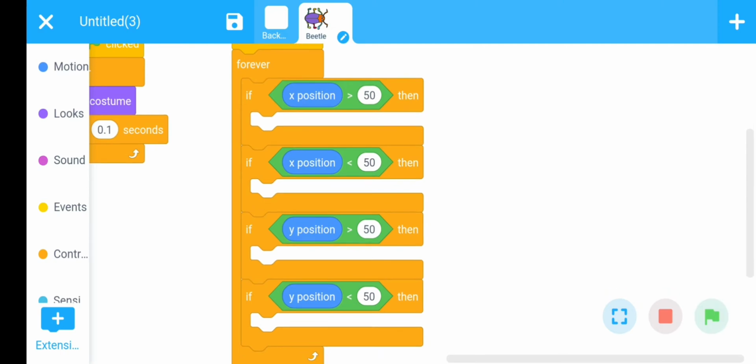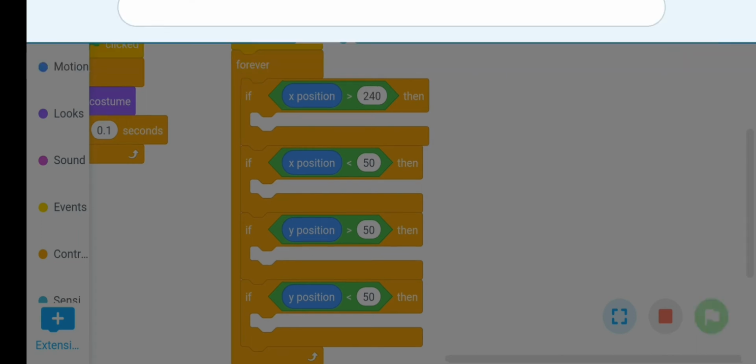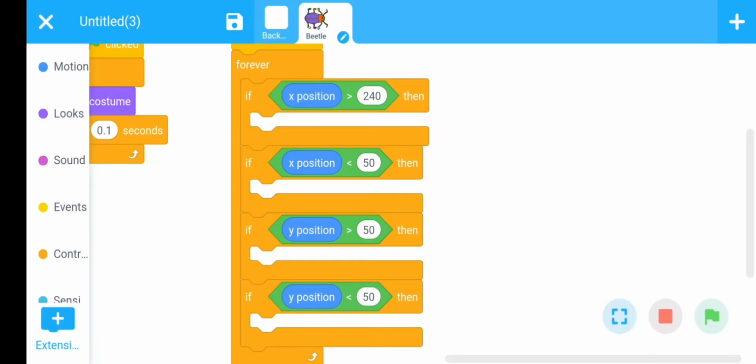For this, decide here the value is 240. If the x position value is greater than 240,